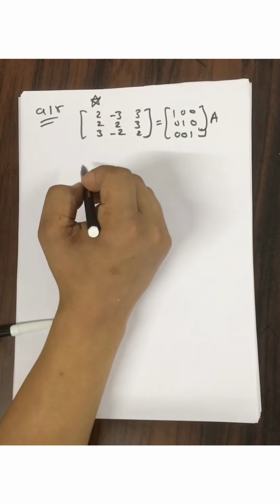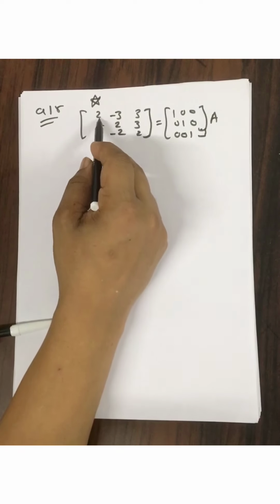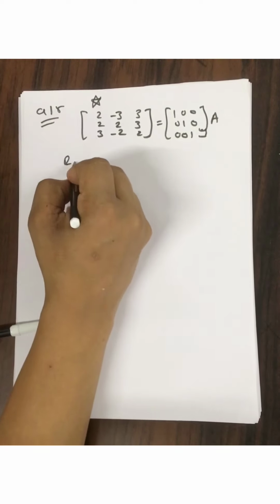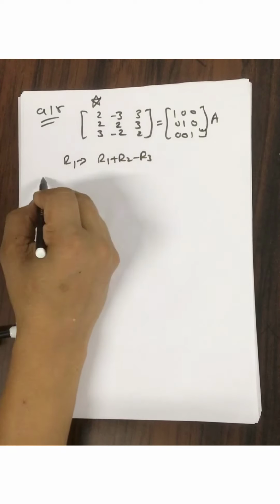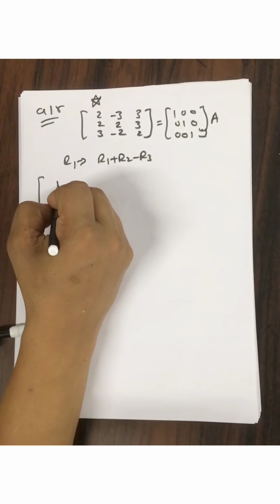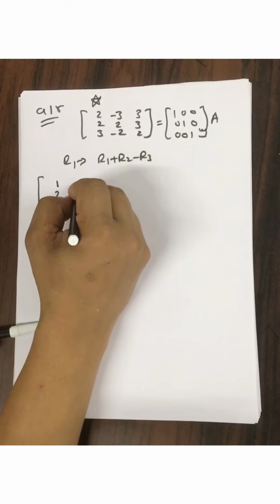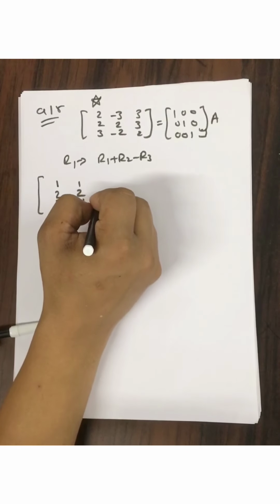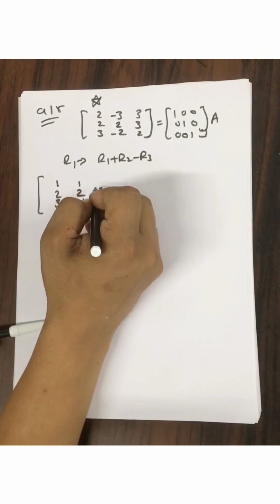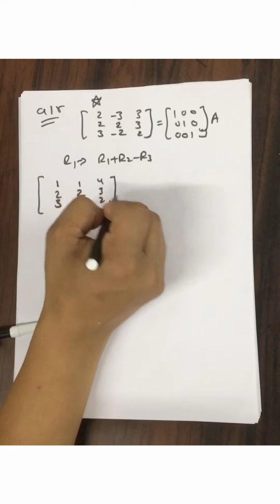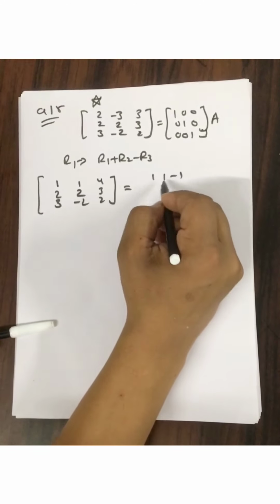Okay. So how do we get over here? If you add up these two and subtract 3, then R1 plus R2 minus R3. Can we do it? So this will become what? 1. Is it becoming? Yes, 1, 2, 3. This will become 1, 2, and this will remain like this, 3 and 2. What will be this? 6 minus 2, 4. This side equals to, this side will become what? 1, 1 minus 1, rest will remain the same.